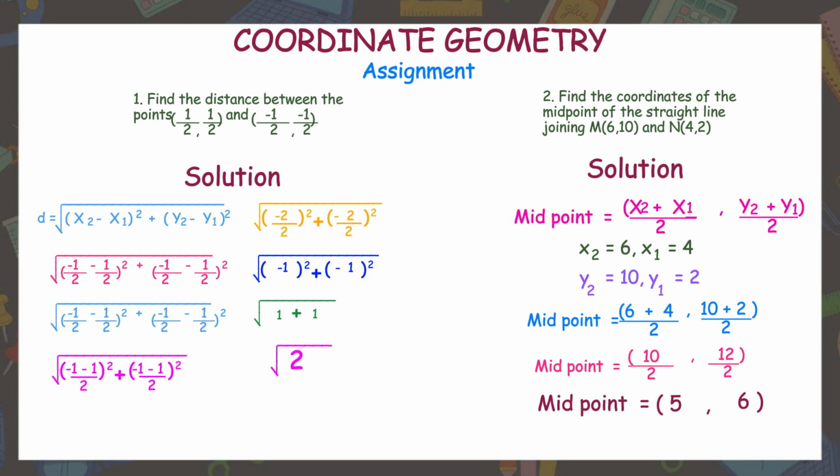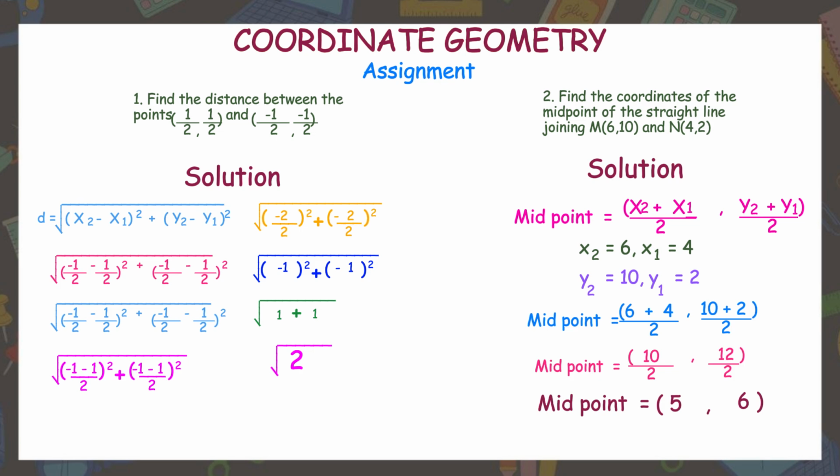All right, now we want to solve the second question. Find the coordinate of the midpoint of a straight line joining M, which is 6 and 10, and N, 4, 2. Now, here our x1 is this, our y1 is this, our x2 is this, our y2 is this. So going by the formula, our midpoint